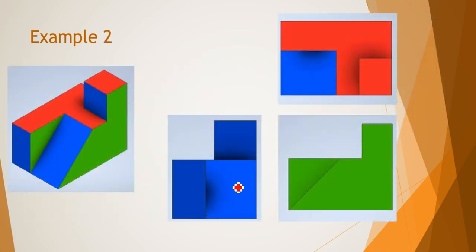Let's try another example too, and this is our model. From the top, the viewer will see the red faces, this red face and this, and you will also be able to see part of this blue face that is sloped, this part of the red face that is sloped, and that will be the plan. This is the plan,